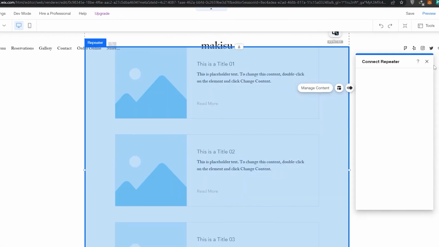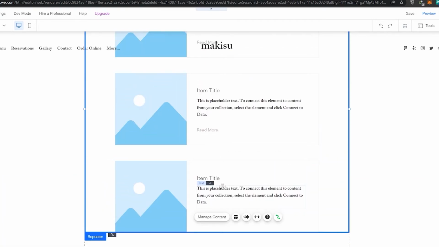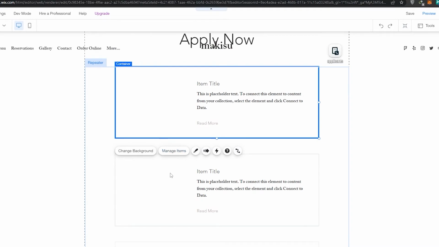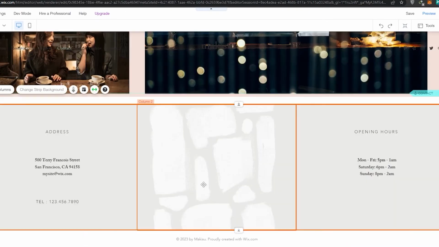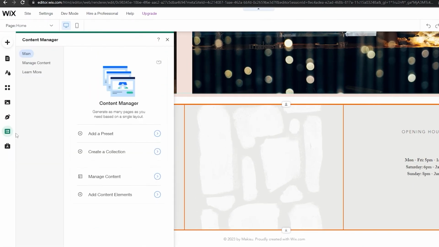Right now we don't need to connect through this. We'll just go ahead and change it because we don't want this. We'll just go ahead and delete this. We don't need this type of list. We'll be creating a simple list. We'll be creating our own custom forms. So once we've deleted that, and now that we have our content manager, we'll just go over here and we'll